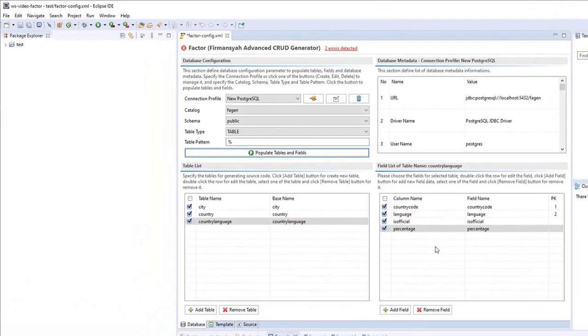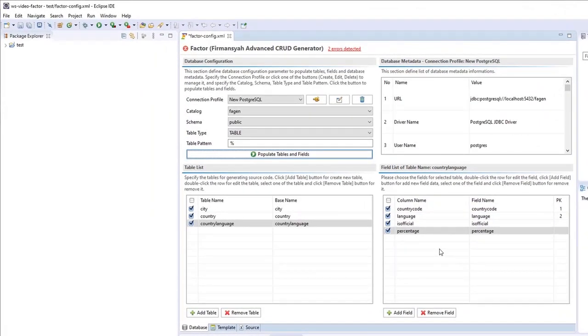Okay, after we explained how we can configure the table or the entity, now I want to explain how we can configure or add a field of a specific table. If you see, there is a list of country, country code, language, and so on.